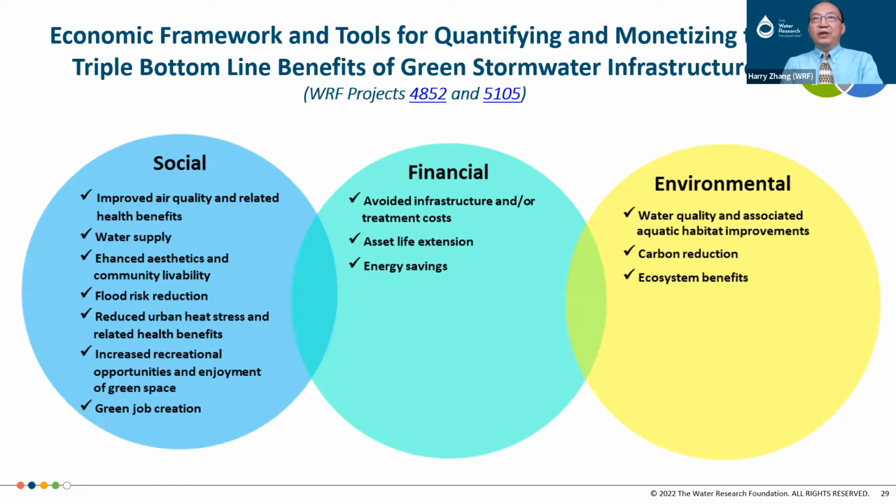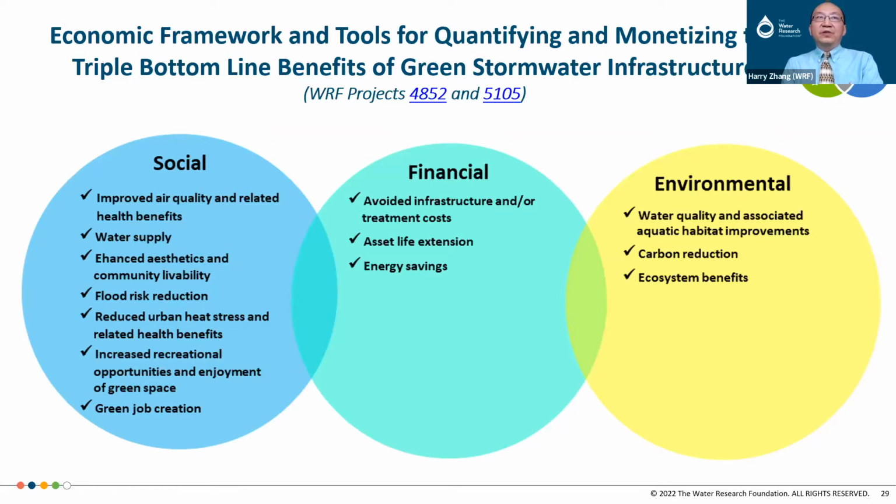You can avoid some infrastructure, or you don't have to do a full build-out. I think the treatment enhancement also comes from extended asset life, and also if you're building, for example, tree planting, you can save energy. And beyond that, there are a lot of environmental benefits, for example water quality, aquatic habitat improvement, even greenhouse gas and carbon reduction, and also ecosystem